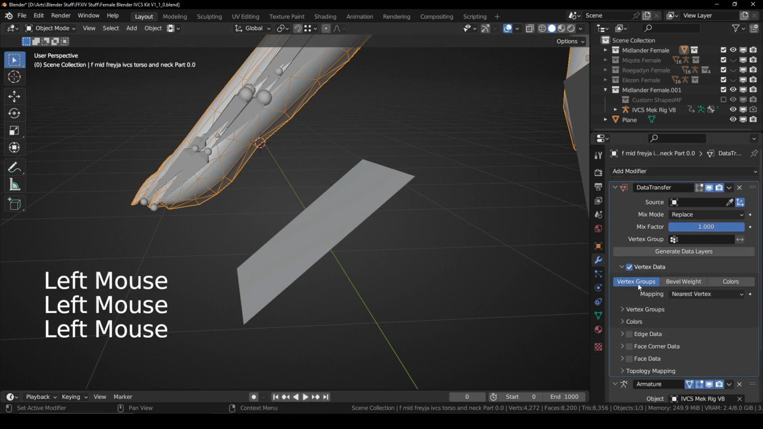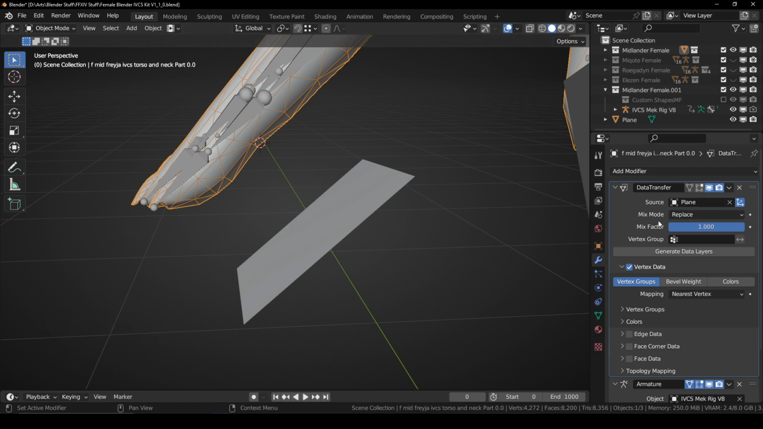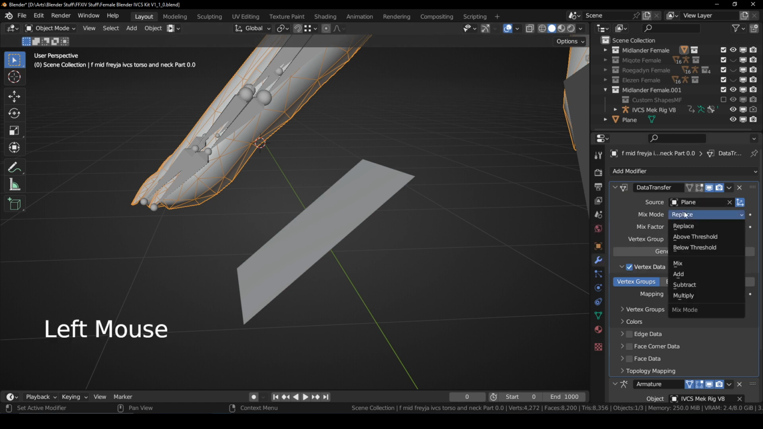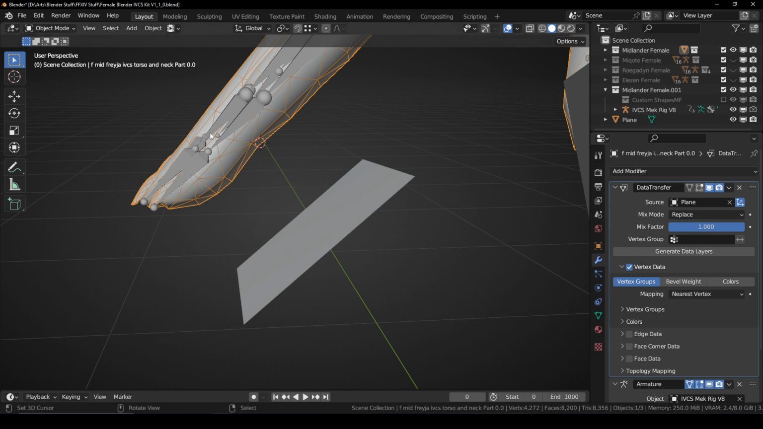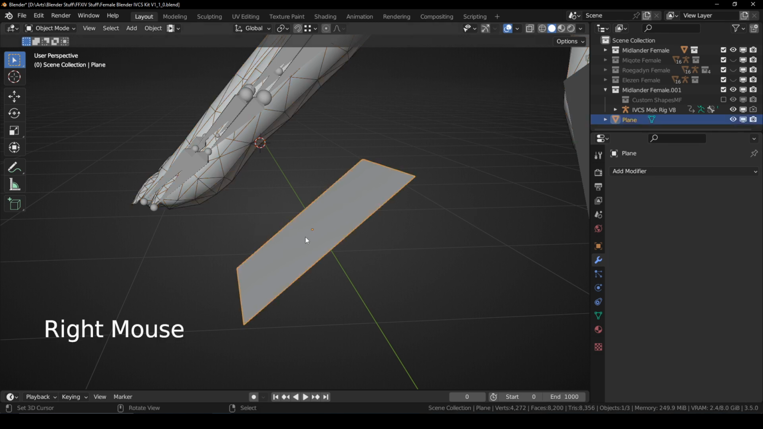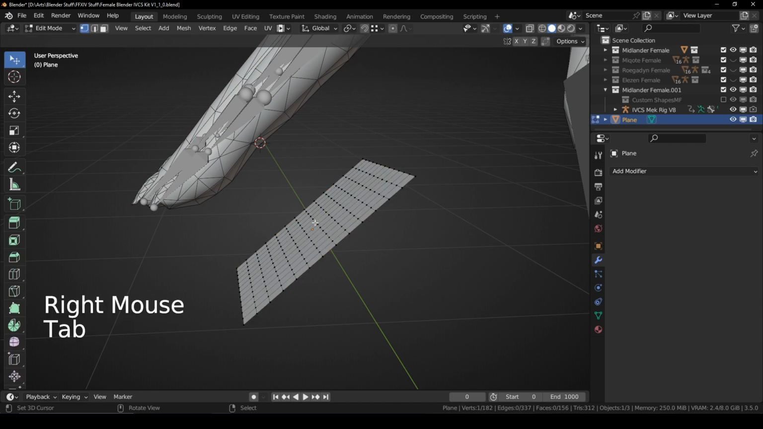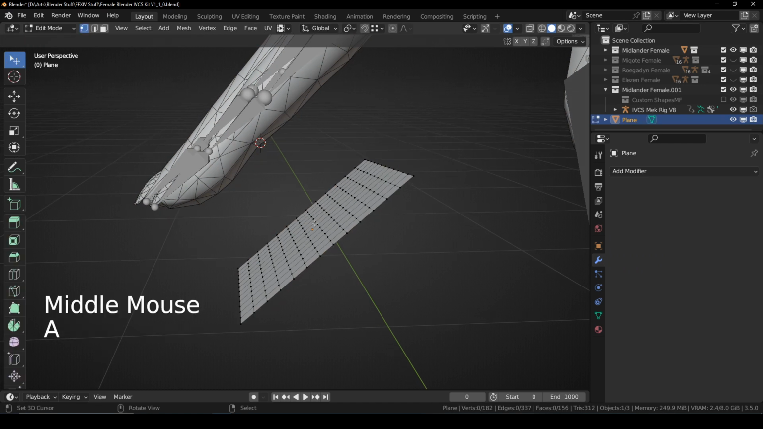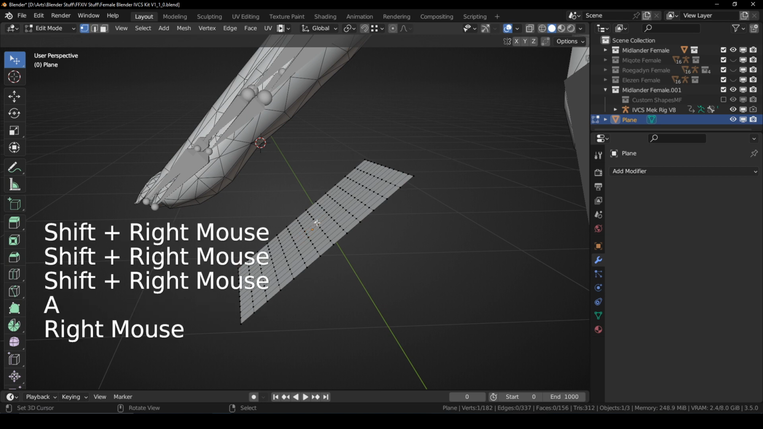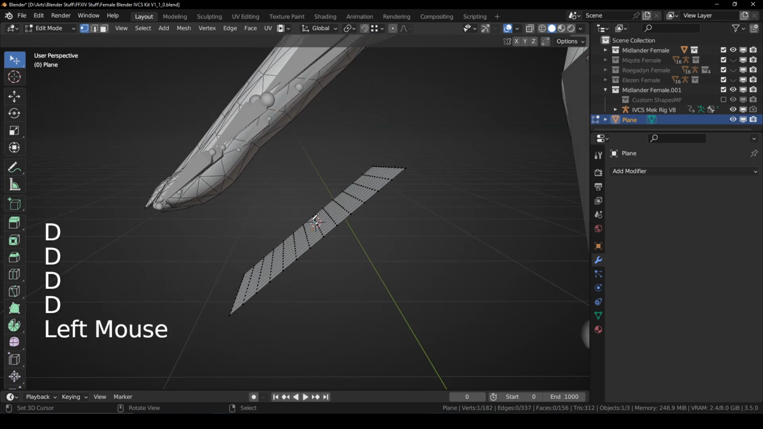So you have transferring vertex groups, and then you want it from that plane. So you could do replace, you can do add, mix, whatever. But it's just mixing the actual number value from these two things. But what Blender is doing when you're actually transferring the weights over is it's going, okay, so these verts are kind of close to that area. So it's going to send out a